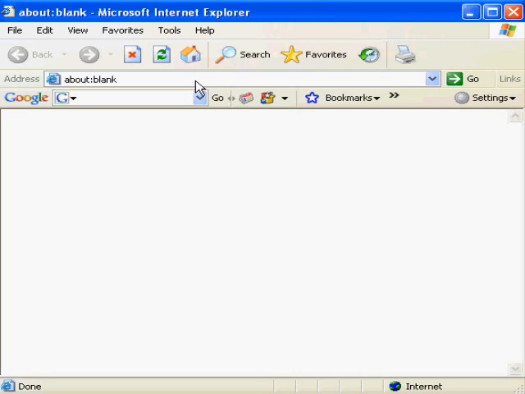Alright, the first thing you need to do is make sure that you already have the Overdrive software installed. If you're doing this from home, you can view our other video, our tutorial, that tells how to download and install Overdrive. If you're doing this from the Waverly Public Library computers, then the software is already installed on them and ready to go. Alright, once you have that, then we'll go to